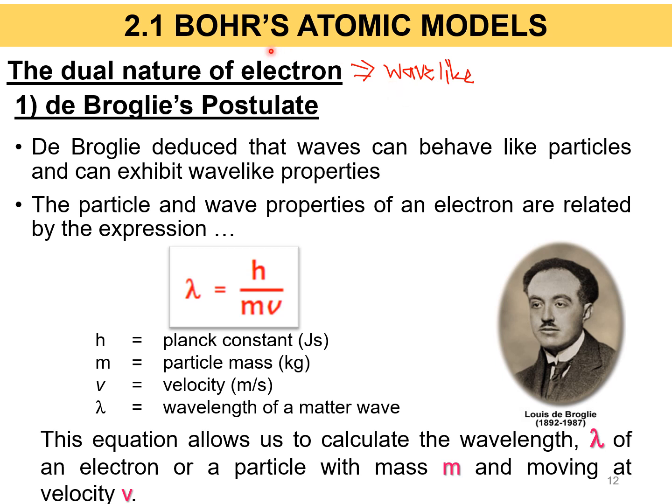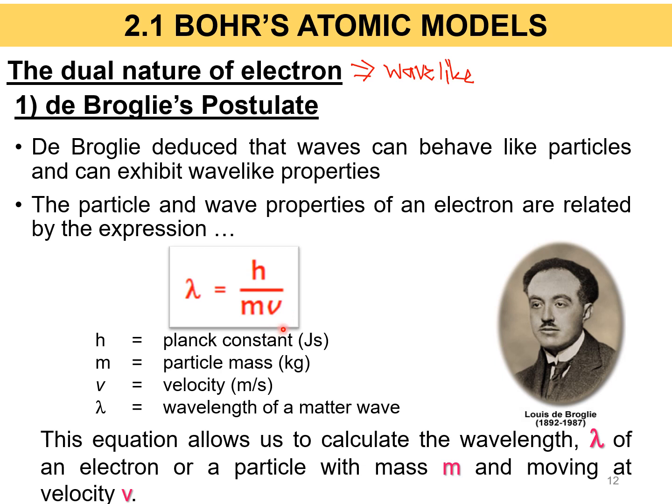Okay, tapi Bohr's atomic model tak dapat nak tentukan kedudukan dan juga speed of the electron. Makanya, therefore, adalah de Broglie's postulate. Postulate ni apa? Assumption. Makanya, de Broglie buat assumption and come out with this formula, lambda equals to h over m nu,